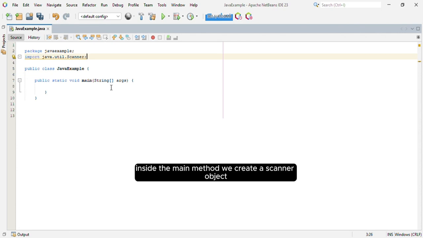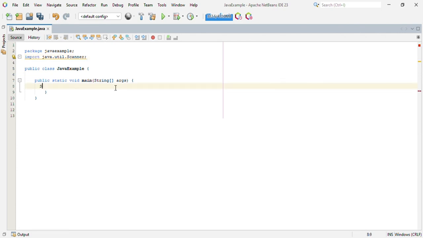Inside the main method, we create a scanner object called scanner to read user input.